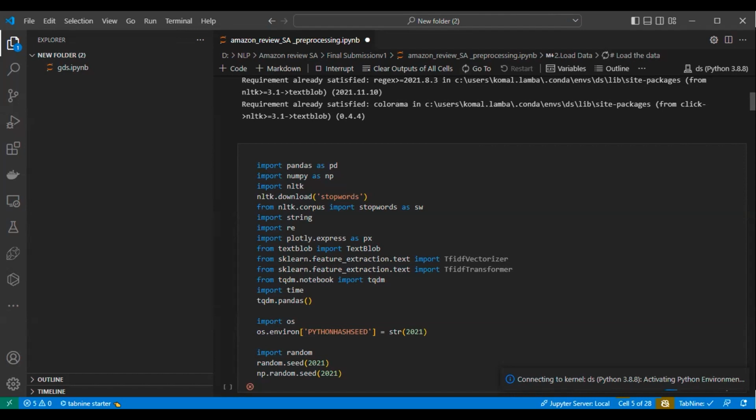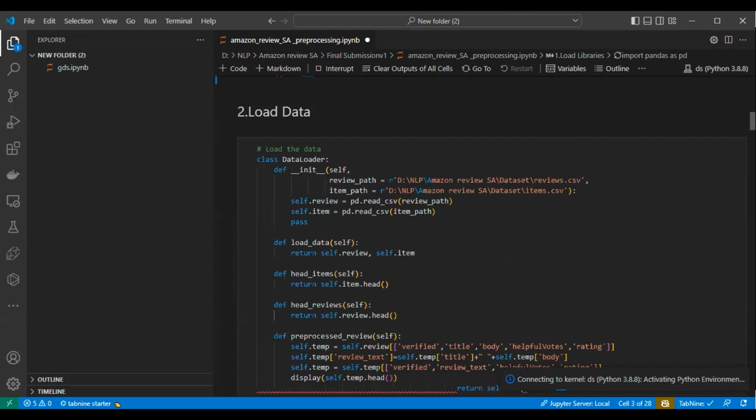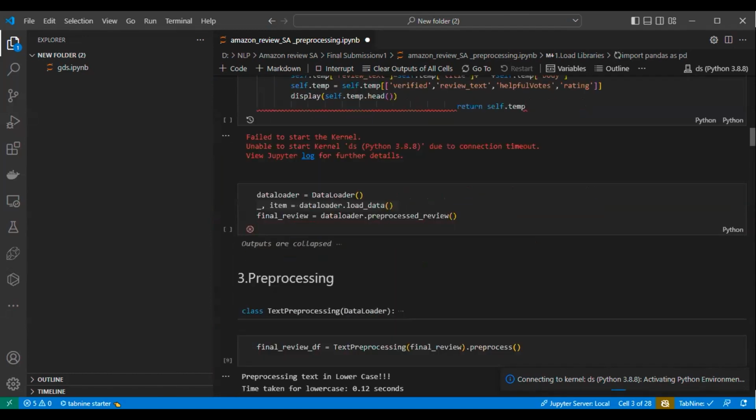I hope it will connect, or else we will discuss the code.